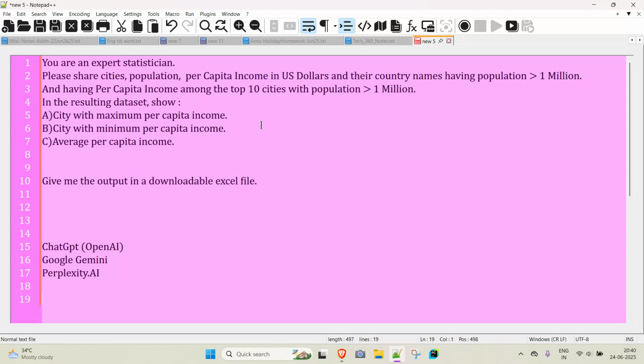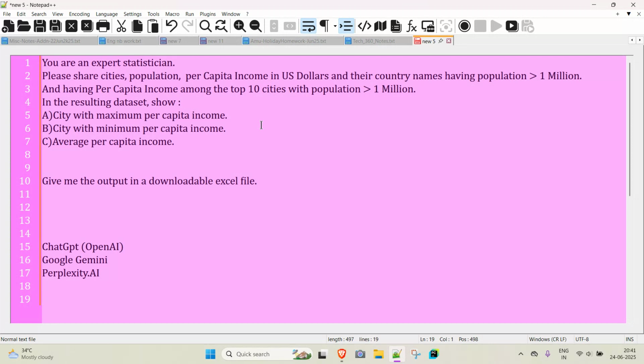Then what I also want is the per capita income should be among the top cities, top 10 cities, not any cities, but the top 10 cities who have a population more than 1 million. So it kind of filters down even more, and I want a certain subset where those having more than 1 million population and have a per capita income at a high enough level.